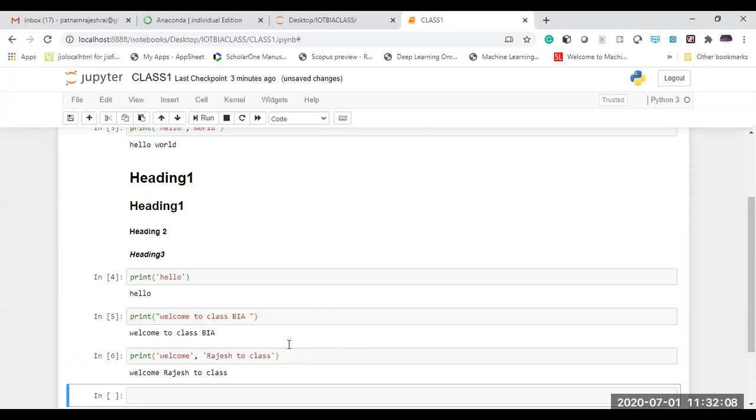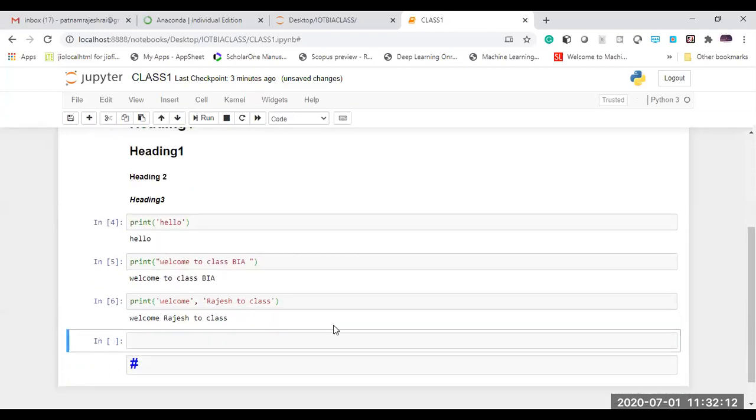And now, if you want to add a cell by using the keys, you can select the B option.